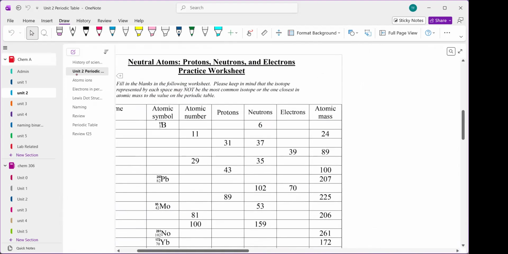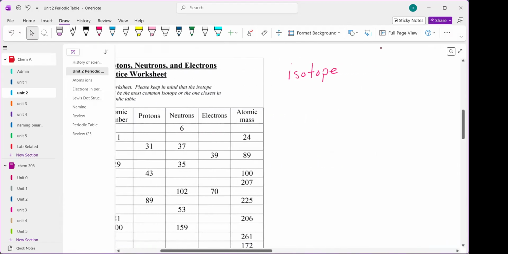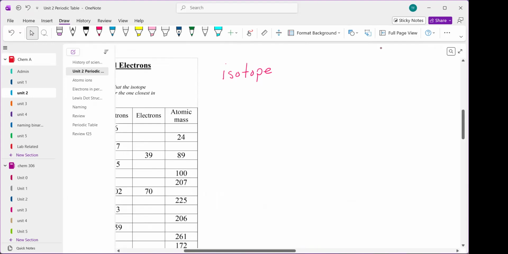Now, on the periodic table, again, there are two numbers. There's an integer and a decimal number. Now, the decimal number involves something called an isotope. Now, what is an isotope? The character of an atom, in other words, the chemistry,